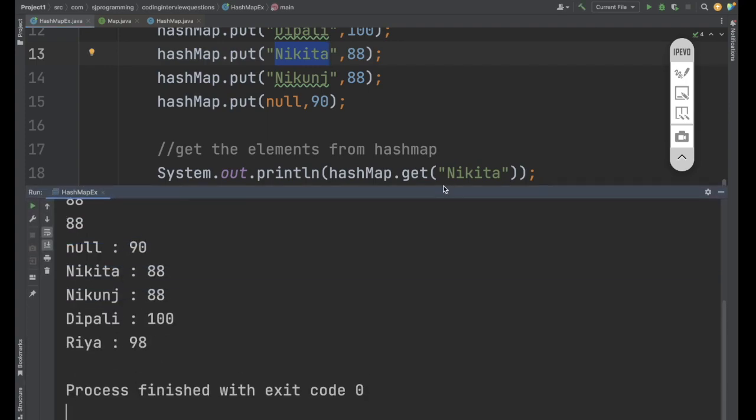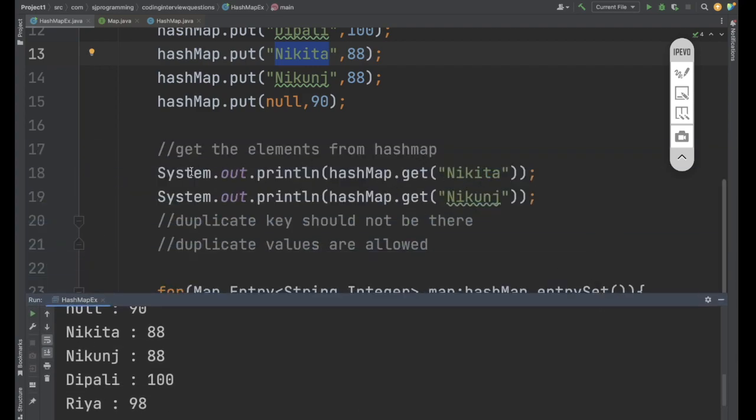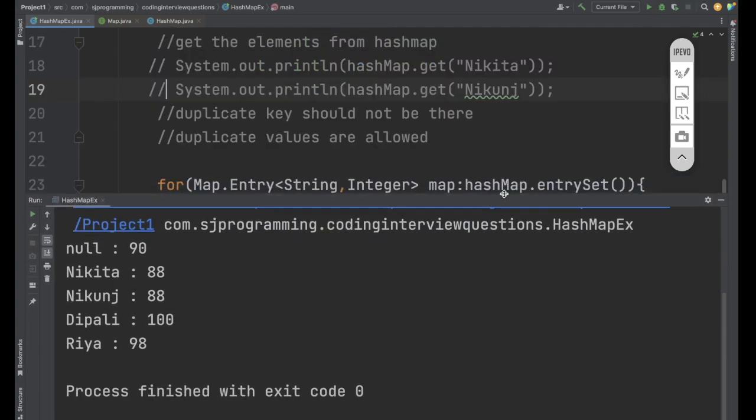See here. So this output we are getting from these two lines. Let me comment these lines. Save the program and run it again, so that we can get all the key value pairs. So see here,